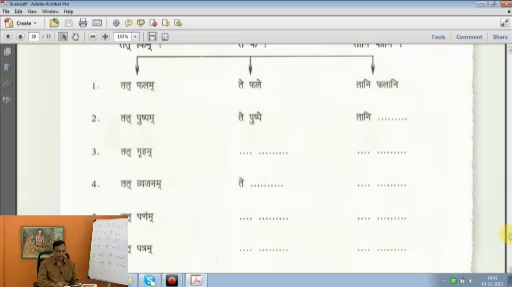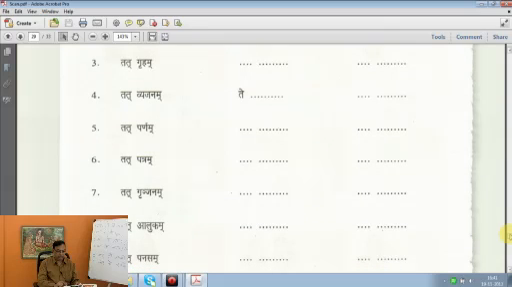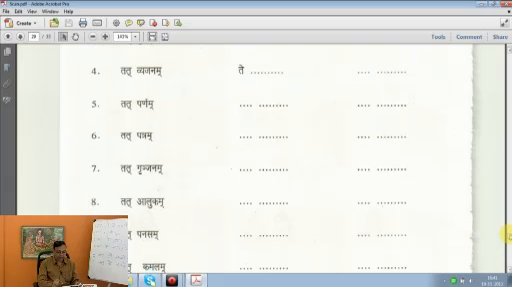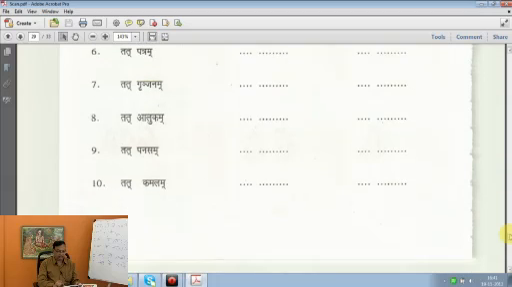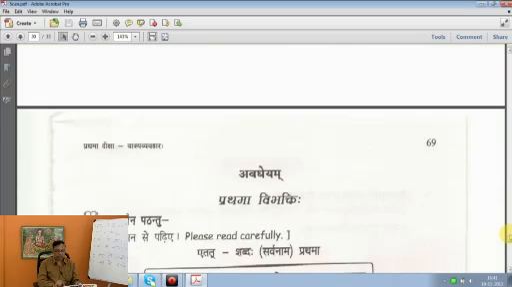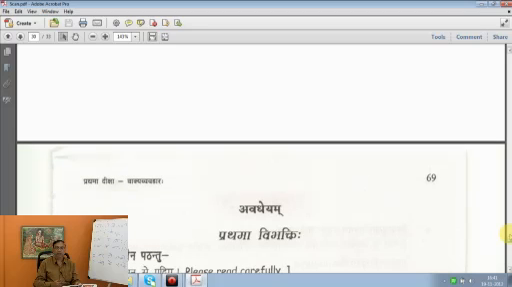Tat parnam, te parne, tani parnani. Tat patram, te patre, tani patrani. Tat grunjanam, te grunjane, tani grunjanani. Tat alukam, te aluke, tani alukani. Tat panasam, te panase, tani panasani. Tat kamalam, te kamale, tani kamalani. Tat nayanam, te is not there, but I am just making you. Tat nayanam, te nayane,